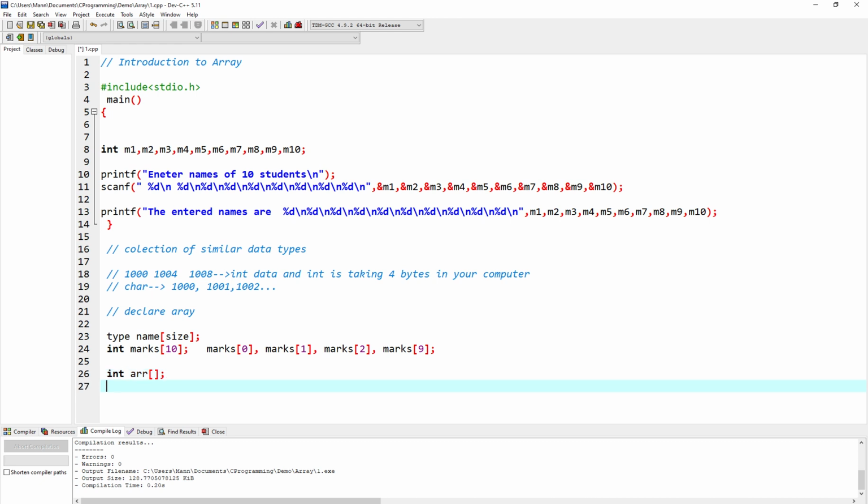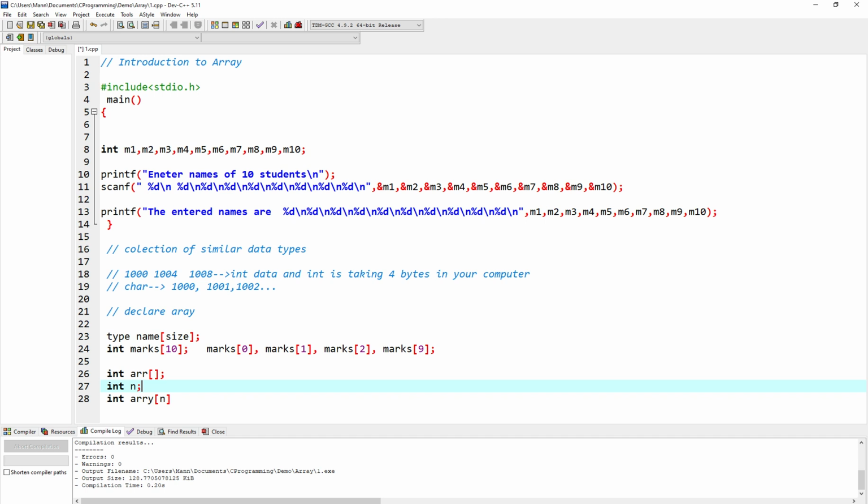Likewise, if we declare int arr[n], we put some n inside the subscript with the intention that the size of this array will be n, but we have not initialized this n.